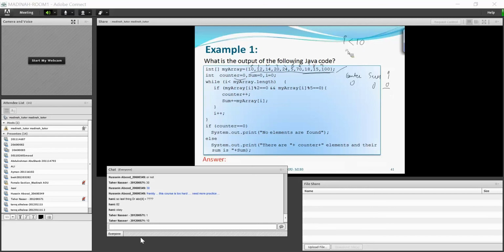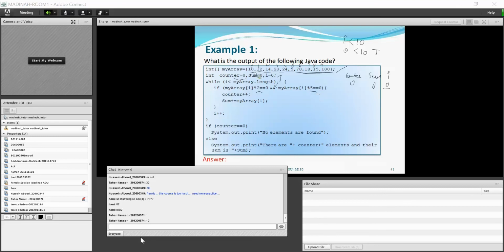It is true. When it is true, it gets in: myArray of i mod 2 is equal to 0 and myArray of i mod 5 is equal to 0. That is, divisible by 2 and divisible by 5.